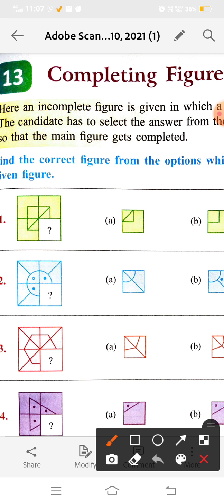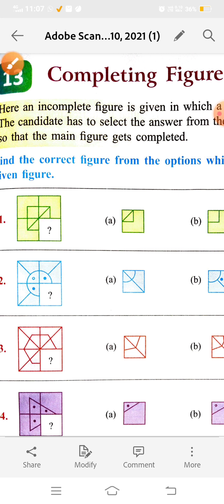See, observe this figure. We have a big square, then we have a small square inside. So this small square also, these two parts, the big one, we have 1 2 3 4 5 6 and 7 squares. Okay, so we need to find this quarter part. So which can be our answer?